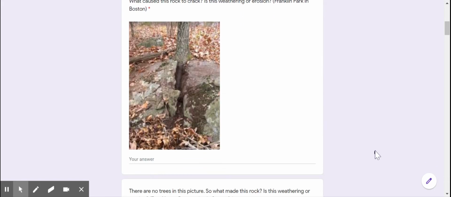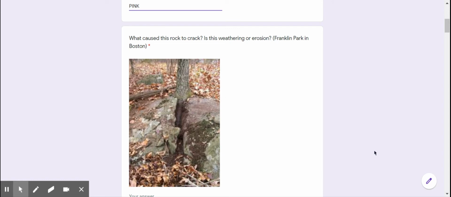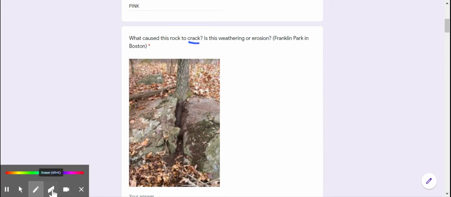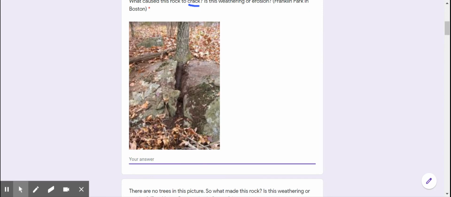Now we get to our writing. It says, what caused this rock to crack? Is it weathering or erosion? Well, right away, I see that it says rock is cracking. So I know that this is an example of weathering. So I'm going to say this weathering